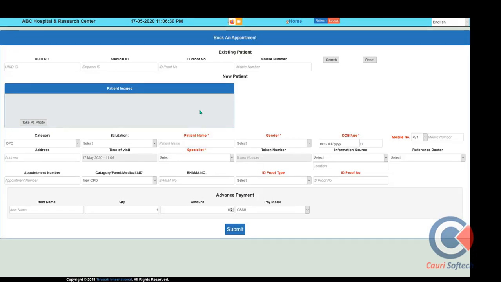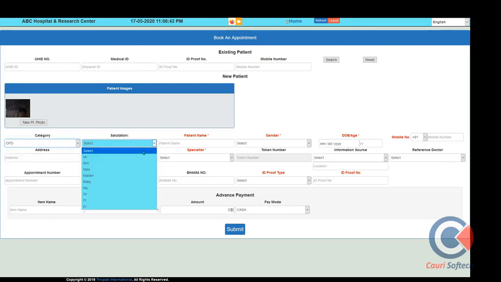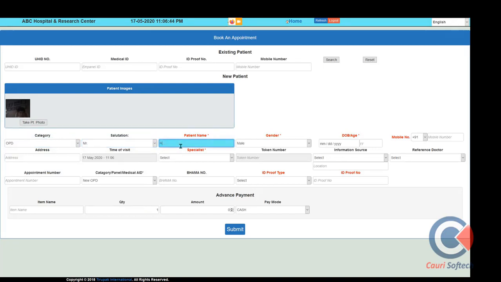The facility is also given online through the patient portal or website portal. There the patient can book an appointment. That appointment will come to the software, and you can create a patient appointment here. Let's try a sample entry to identify this more clearly. I am creating a sample patient for you to get the record.